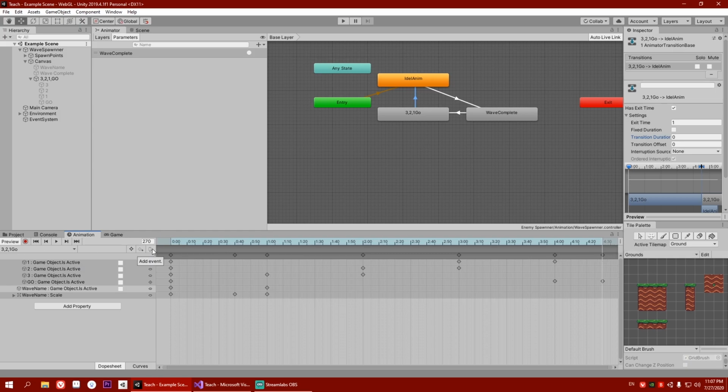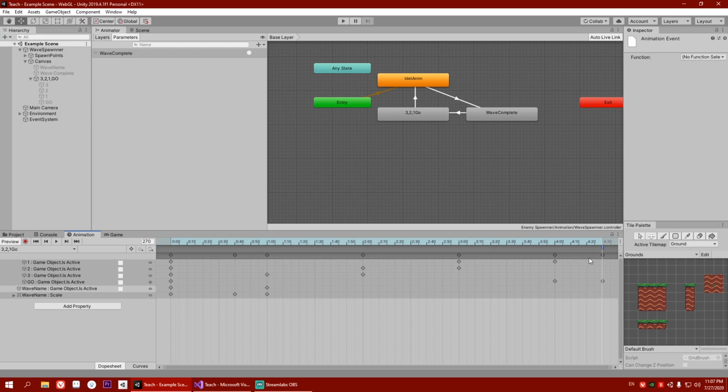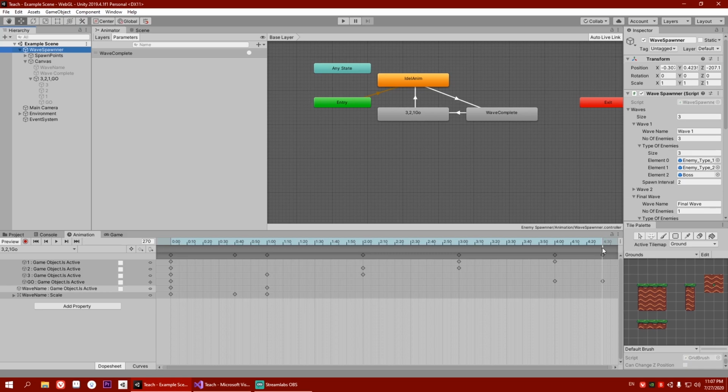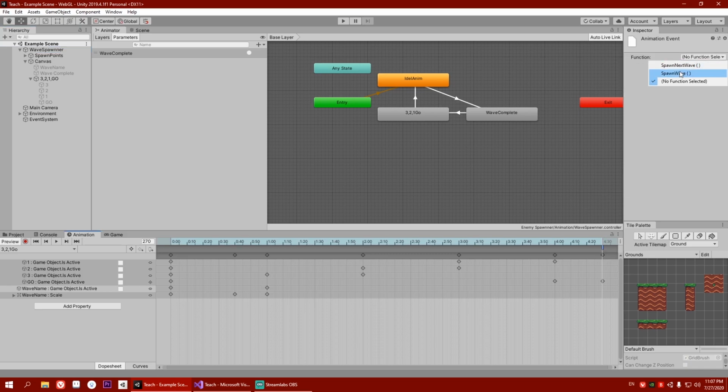just make an event, add an event, and this event will find all the functions in our script basically. So in this event you will see your spawn next wave function. Click on that. So what's going to happen is after we end this animation, we will start spawning the next